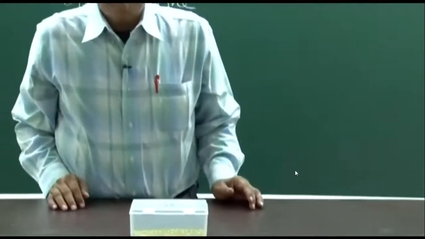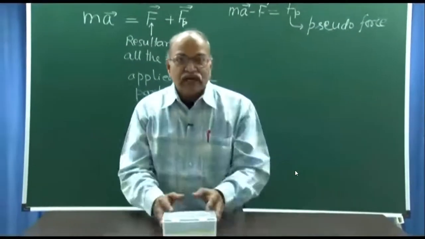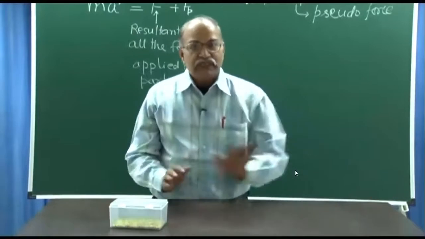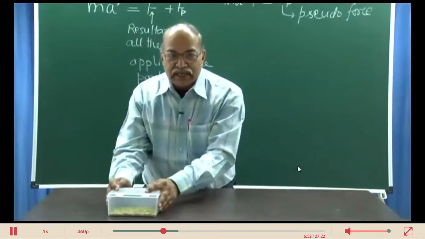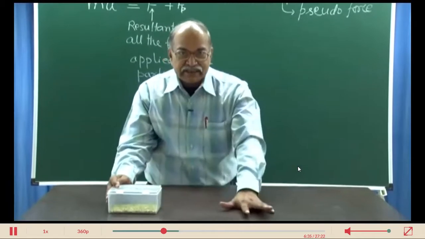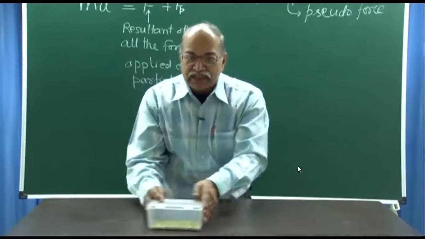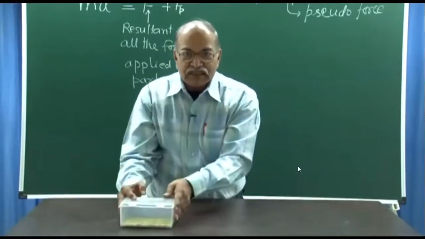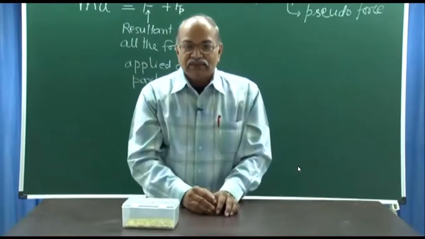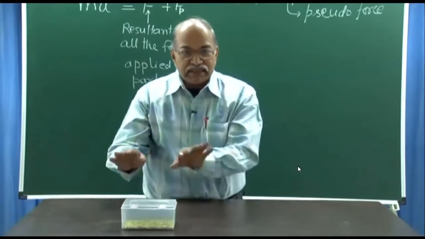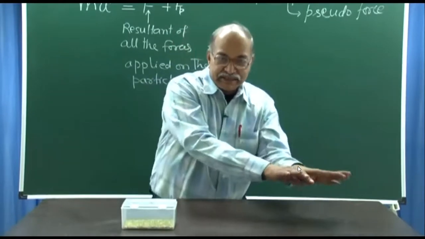So, what have you seen? What did I do? What kind of motion did I give to the box? I took it in one direction. That means I accelerated it in this direction, but then I also stopped it after some time. That means during this motion, first it was accelerated and then it was decelerated. In other words, in the first part the acceleration was in one direction, and then it is in the opposite